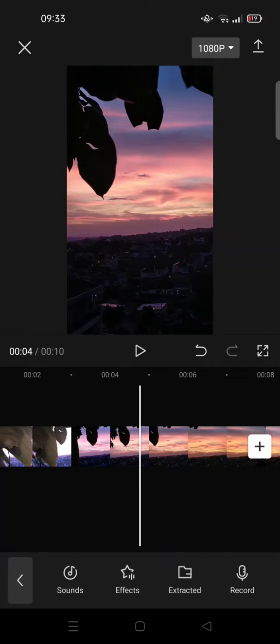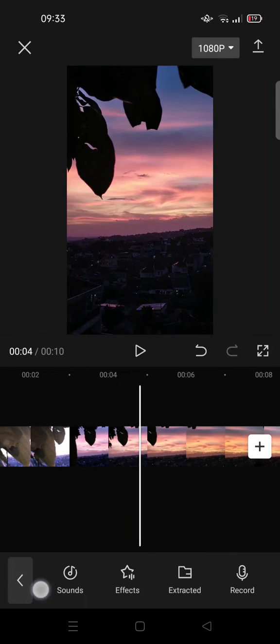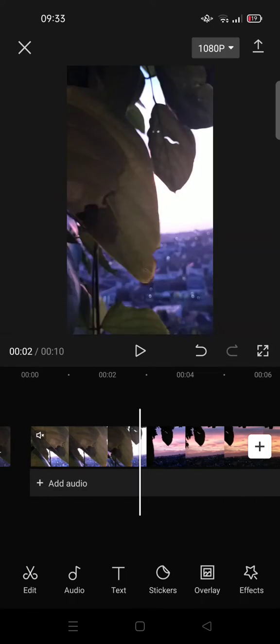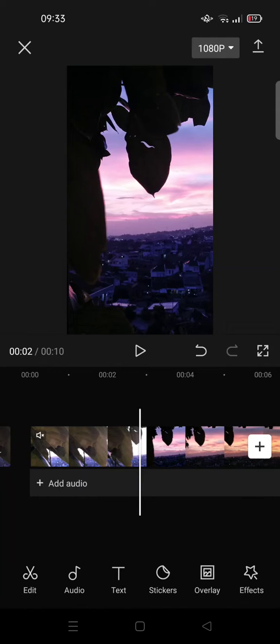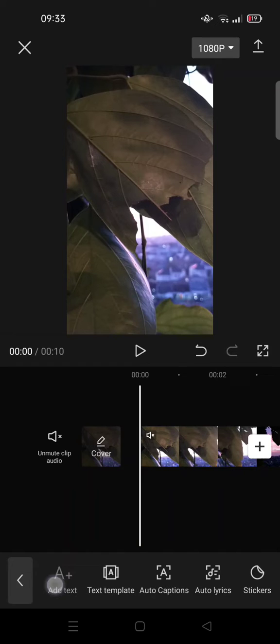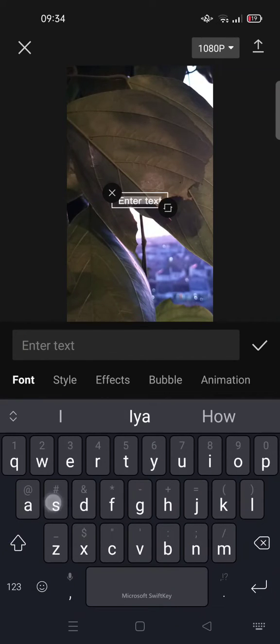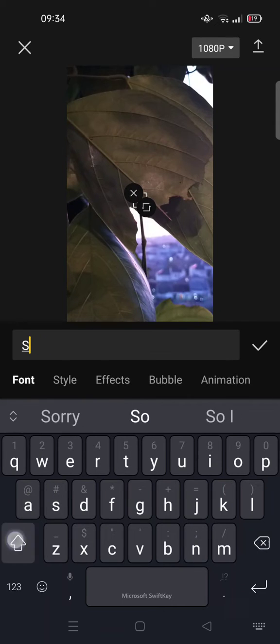In this video I'm going to show you how to make a transparent watermark in CapCut. So here I've already added a video to my CapCut, and to add a watermark you can just basically add text into it. So for example, I want to add text and write my own name in here as the